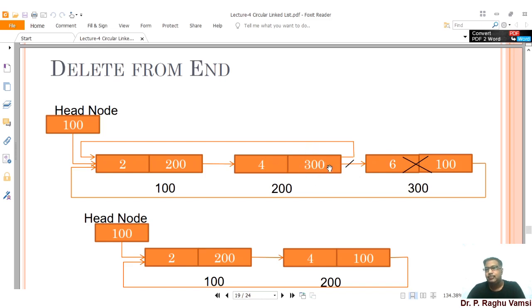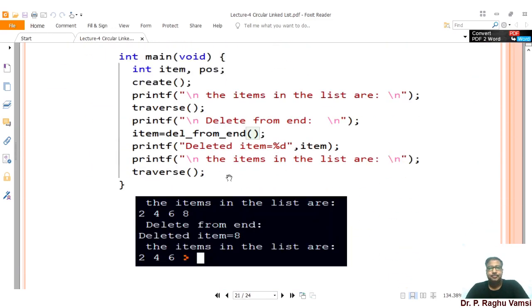This node's next must be pointing to the node that you want to delete, and its next should be pointing to the head. Thereby the last but one node's next will point to the head node.